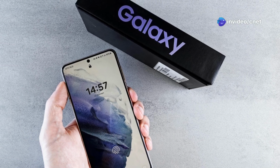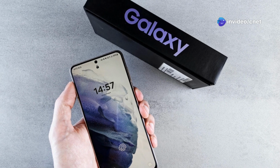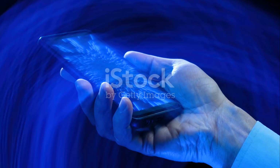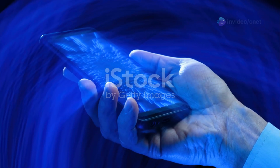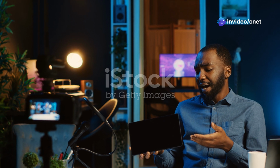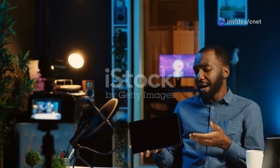It's always exciting to get your hands on the latest tech, especially when it's the new Galaxy S25 Ultra. The moment I unboxed it, I knew I was in for a treat. This isn't just a phone, it's a glimpse into the future of mobile technology. Over the past 48 hours, I've been putting the S25 Ultra through its paces, and I'm ready to share my